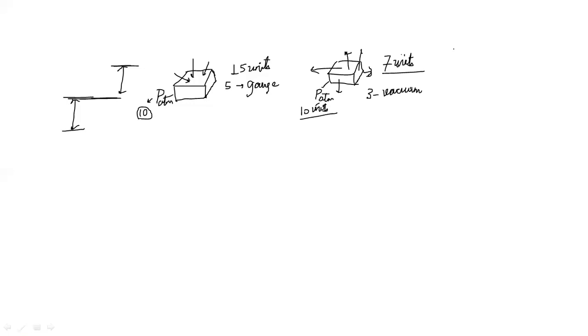And in order to measure the gauge and vacuum pressure in different cases, we do have a lot of equipments available. Like we have the mechanical gauges, which include the Bourdon gauge, the U-tube gauge, and so many items. But the equipment that we are going to study today is the manometer. Generally, manometers are very sensitive equipments, and they are used to measure small pressures. So in fluid mechanics laboratory, where we have to calibrate venturi meters, orifice meters, and perform other similar experiments, manometers are more useful. So a very simple concept of manometer, I'll first explain to you.